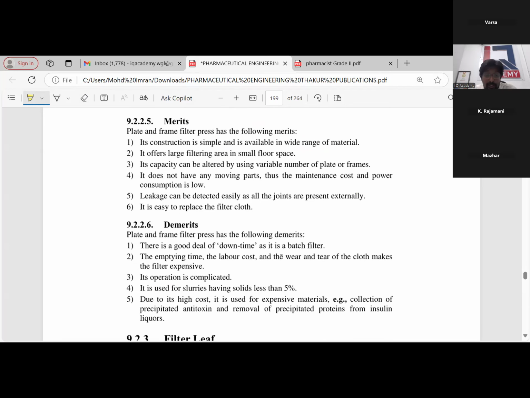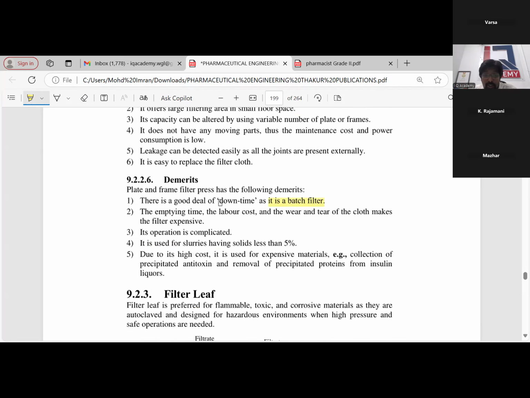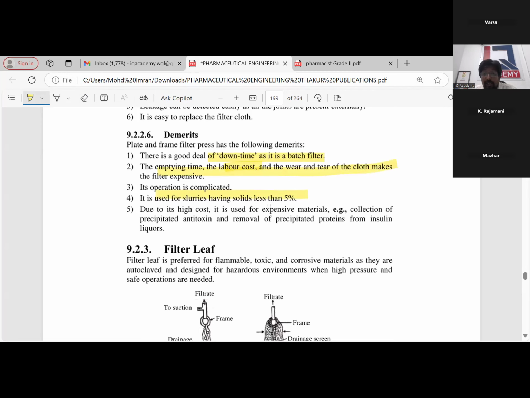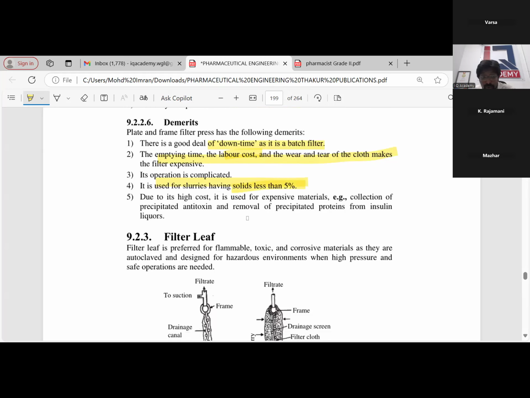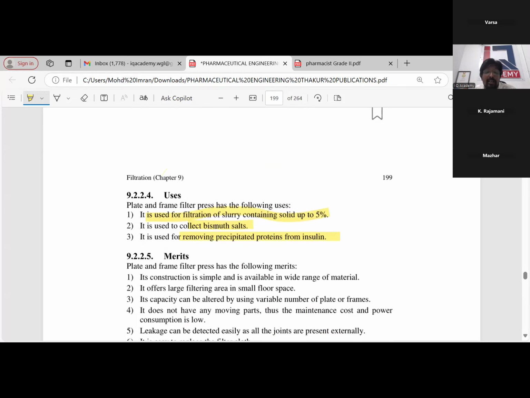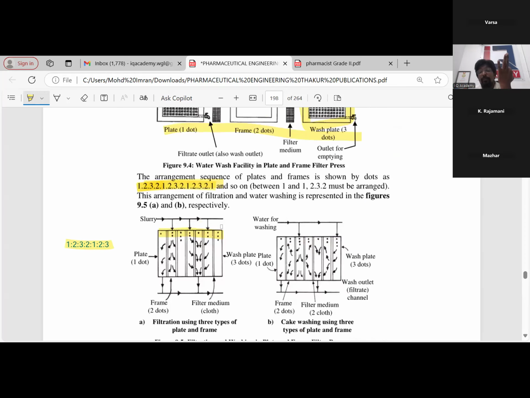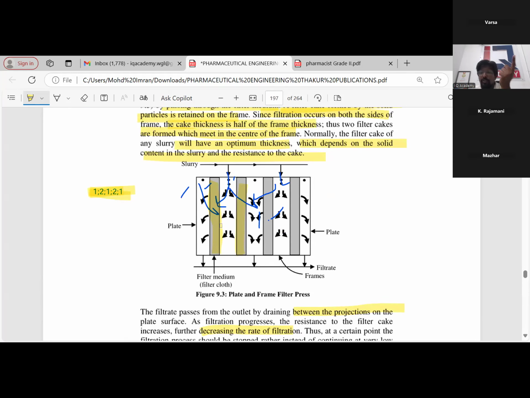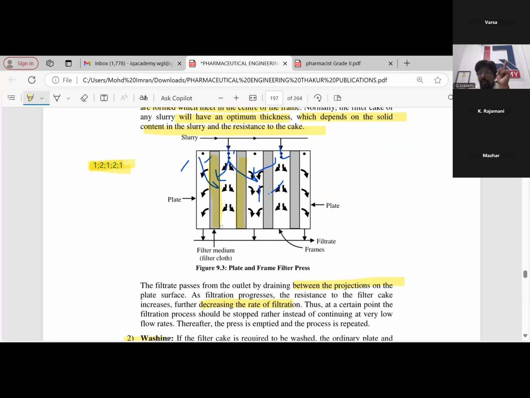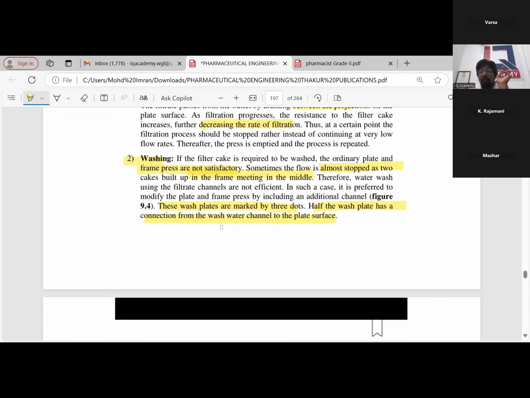So there are a lot of demerits. It's a batch process, takes a lot of time. Once the cake forms, the filtration rate is completely halted. It is a laborious process, takes a lot of time for cleaning, and it is used only for slurries having solids less than 5%. So all these are disadvantages or limitations of the plate and frame filter. So three things to be remembered in the plate and frame filter: the arrangement, the washing period and the filtration period. So 1, 2, 1, 2, 1, 2 is working in filtration, and in washing 1